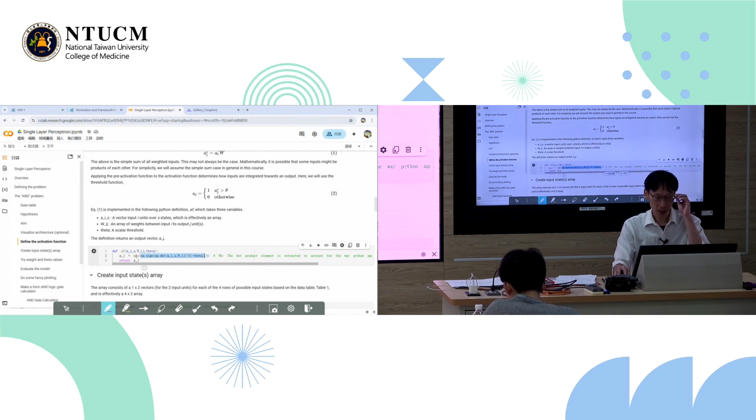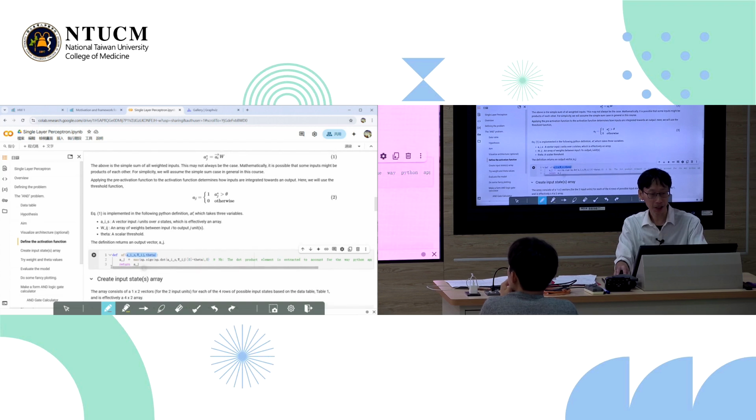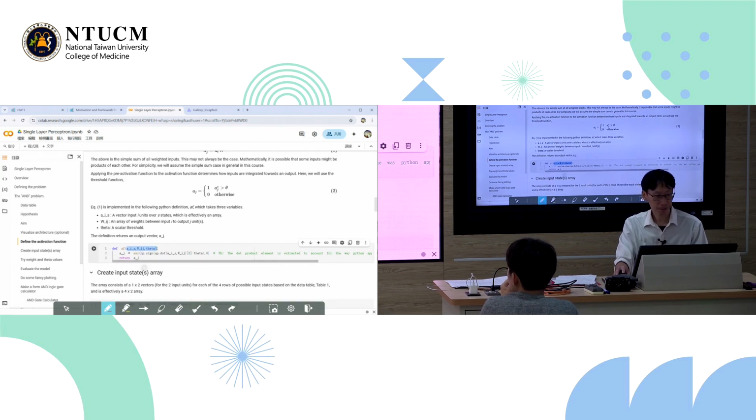Okay? Now this is the mathematical operation, and I put it as a function. So in Python, you define your own function like this. I call this function AF, which is activation function. All right? And the activation function takes in 3 parameters. Here it takes in AI, Wij, and theta, and these are used in the mathematical operation here in line 2.